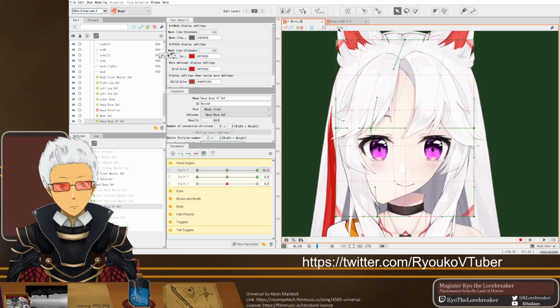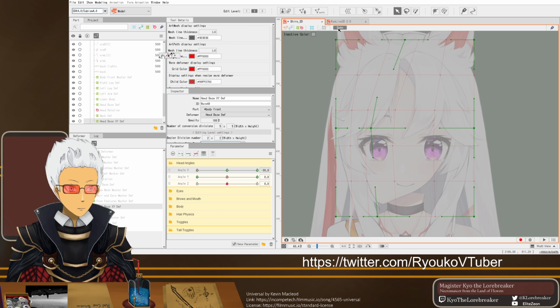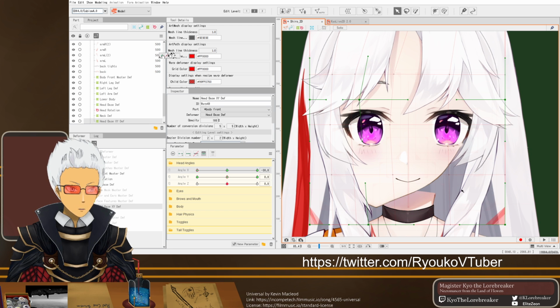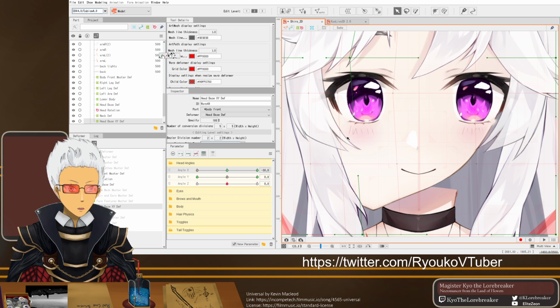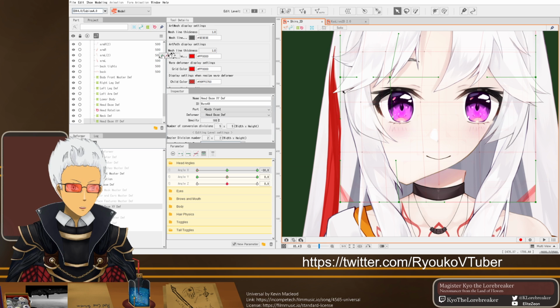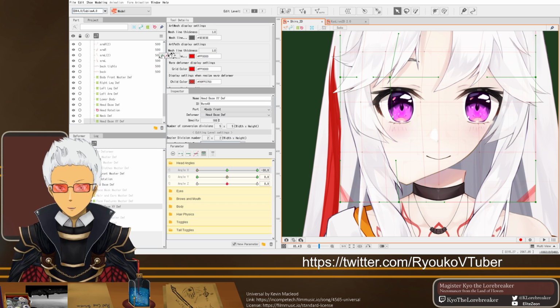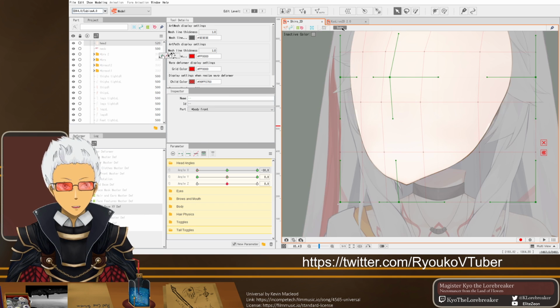And I just turn off solo because I need to see. And yeah, you guys can see now her chin's just completely dislodged from everything. But we need to check to see where her eyes are, so that's how we know how to indent parts of her face in when she turns angle.